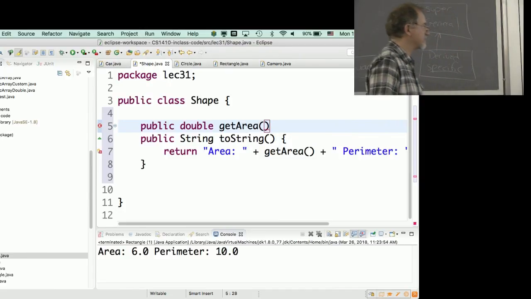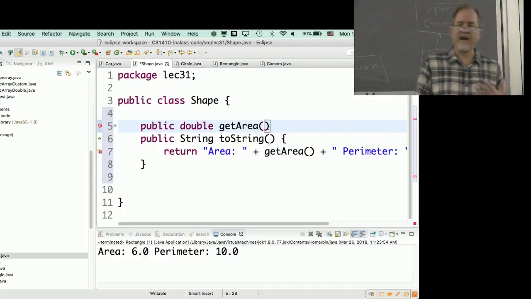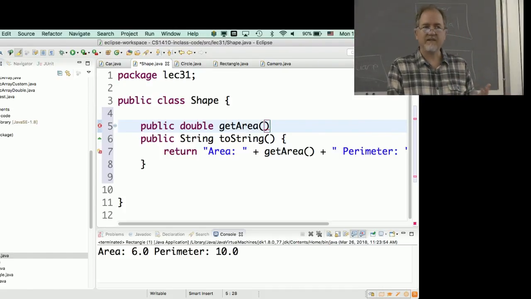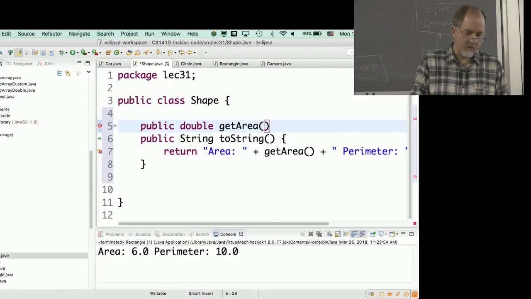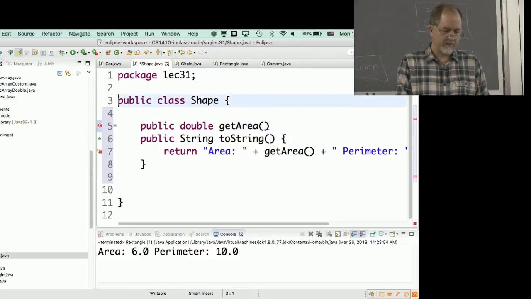So we're going to make this what's called an abstract class. An abstract class defines certain methods that classes that inherit from it should have, but it doesn't actually implement them itself. It's just an organizing tool to say, these are things that all these derived classes should have in common. So the way you do that is you add this abstract keyword,